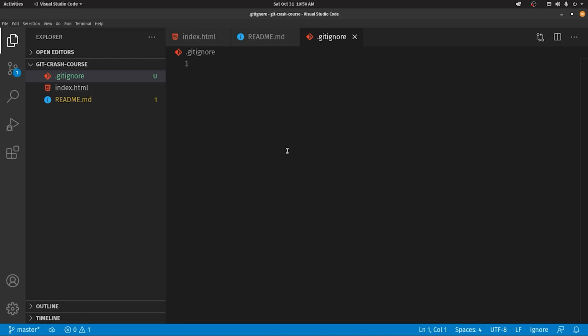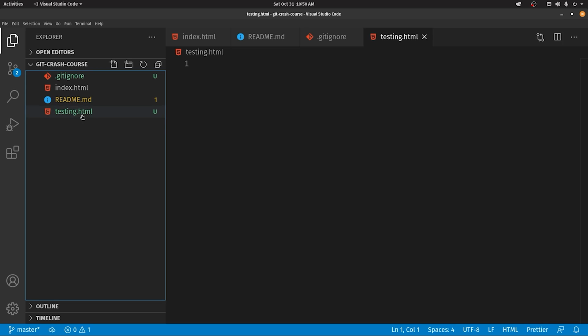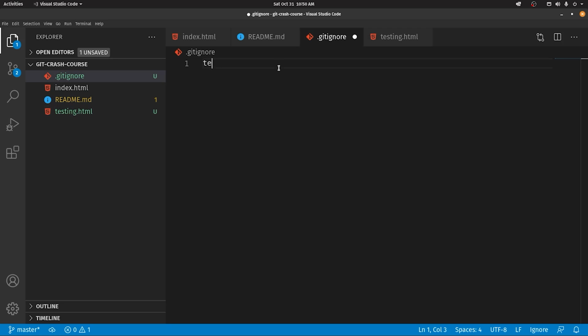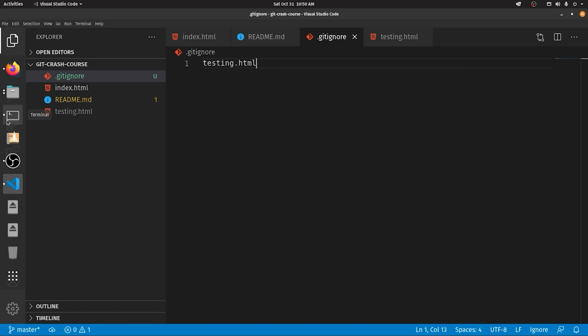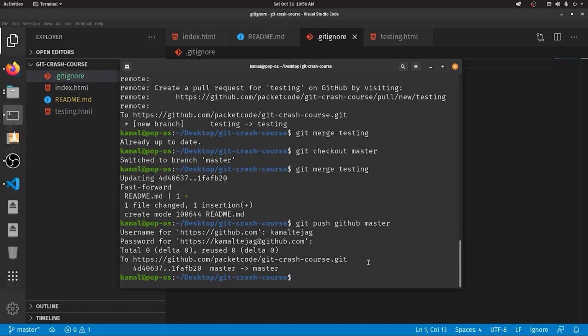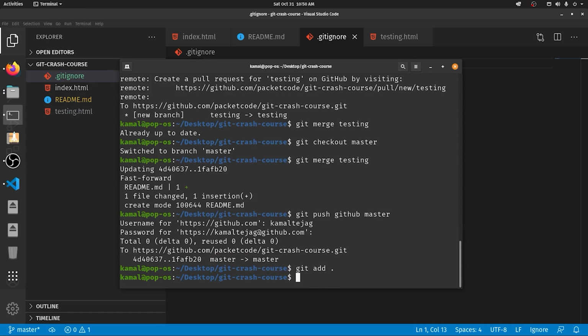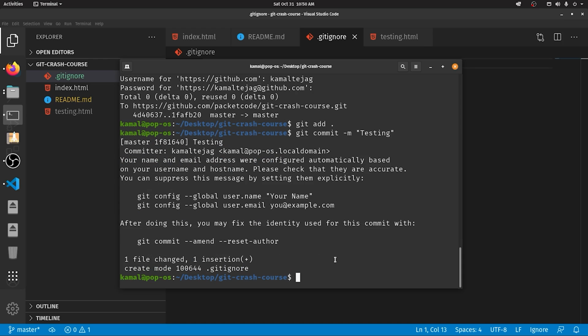Okay, so what you can do is, let's say, let me create a new file here. Let me create testing.html. So let's say if I don't want this testing.html being uploaded to GitHub, what I can do is that inside this .gitignore, I'll type in testing.html and I'll save that. And if I go to the terminal once again, in here, let's type in git add dot, then git commit. So now if I type in git push,